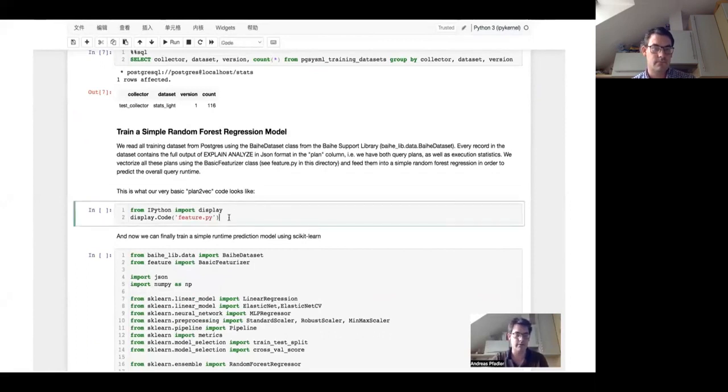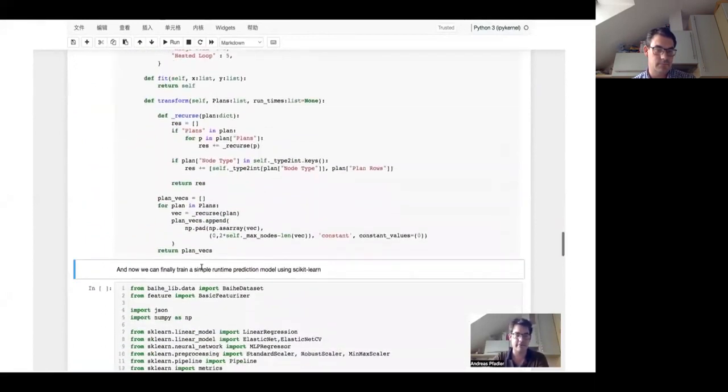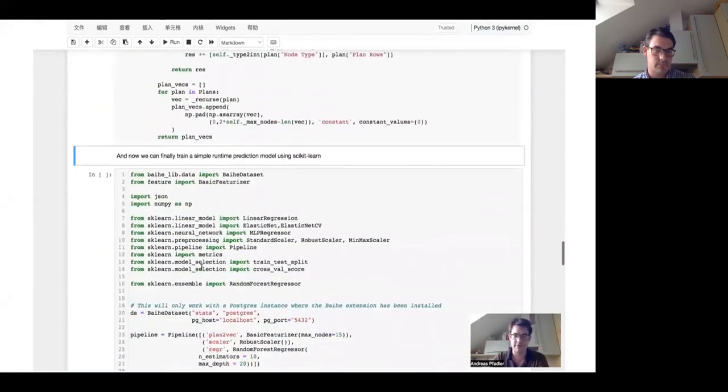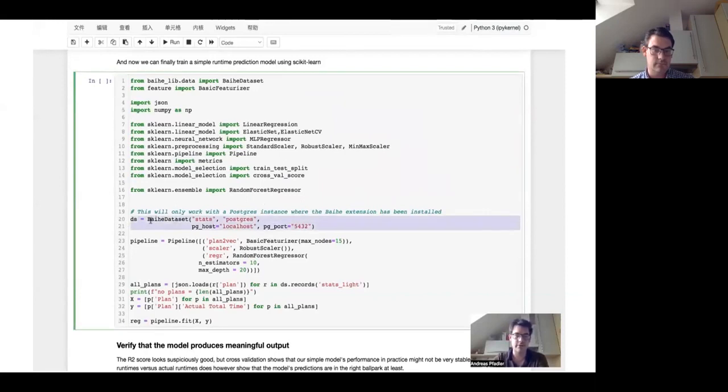And there we go. So obviously first we have to write some basic featureization code to turn query plans into vectors. That's just a very, very simple example, nothing special, just get all the cardinalities out of the query plan. Now we can define a simple model using scikit-learn, in this case a random forest regression. We use a featureization that we just implemented and get the data using our Python support library, which will get